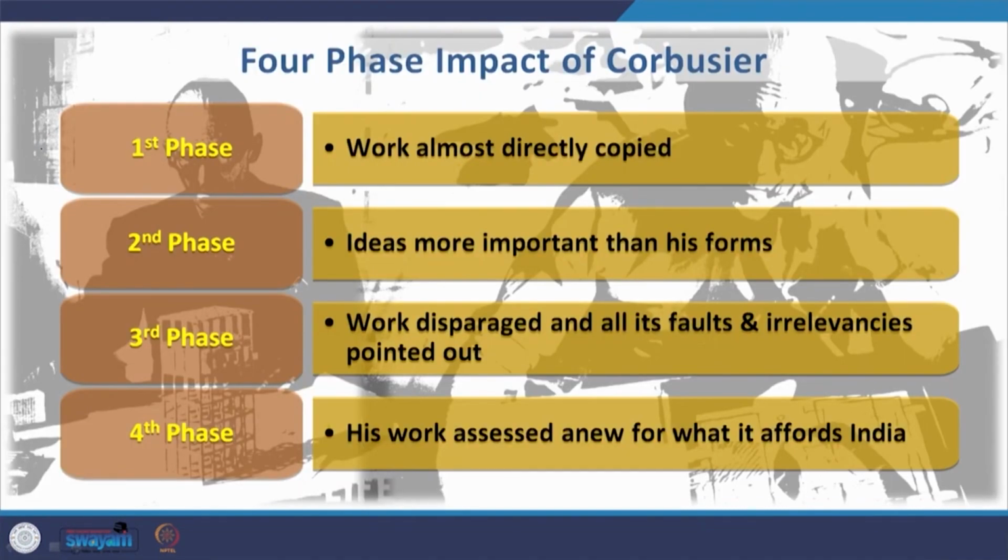Now there is a 4-phase impact of Corbusier on modern Indian architecture. The first phase was when his work was almost directly copied. The second phase was when his ideas were more important than his forms and therefore his work was interpreted. The third phase was a critical phase, or rather a criticism phase, where his work was disparaged and all its faults and irrelevancies were pointed out, and there are many points in which there is a very reasonable criticism of his work. The fourth phase has been when his work has been assessed in a new way for what it affords India